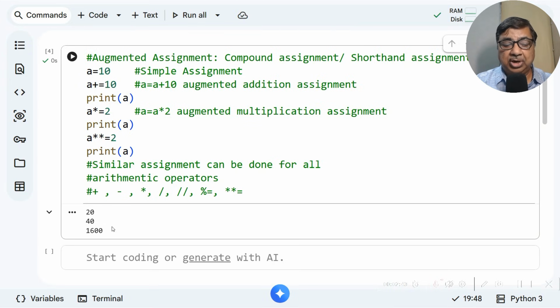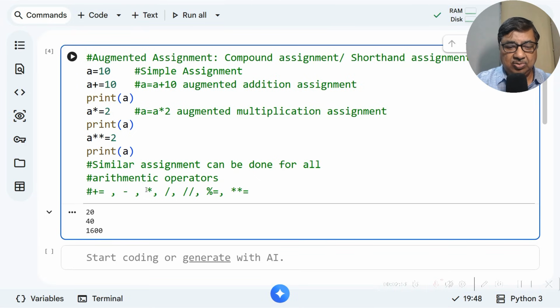So 40 into 40 will be 1600. So similar assignment can be done for all arithmetic operators. So if it is this plus, this will be equal to, minus equal to, into equal to, divide equal to, this integer division equal to, and this modulus equal to, and exponent equal to. Okay. So for all operators this is possible.